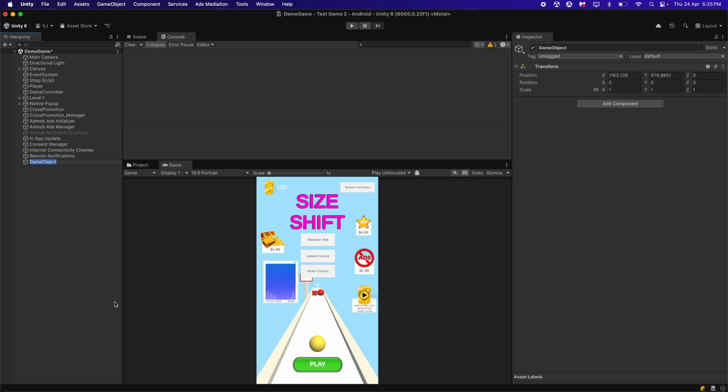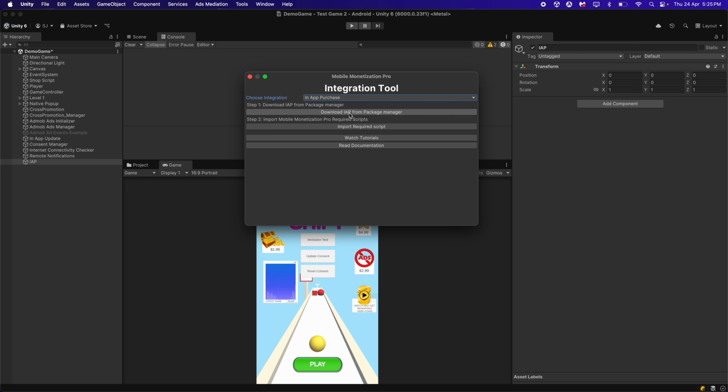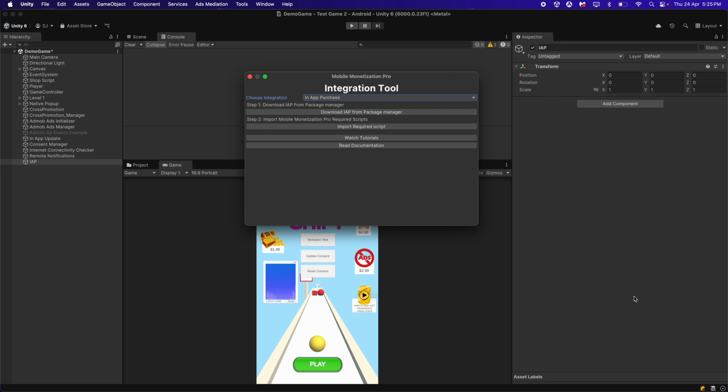the hierarchy and call it the IAP, reset the transform, and then go to Tools, Mobile Monetization Pro Integration Tool. Select the integration to be the in-app purchase, and as in the previous tutorial, we already downloaded the in-app purchase from the package manager. Now we just need to import the required scripts. Just click on it and import it. After importing the scripts, we can just close this window,